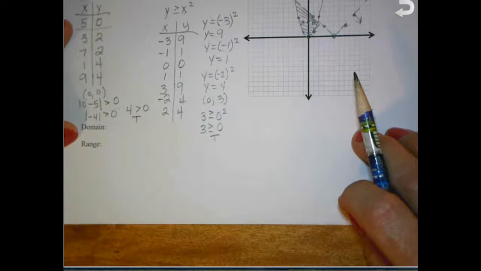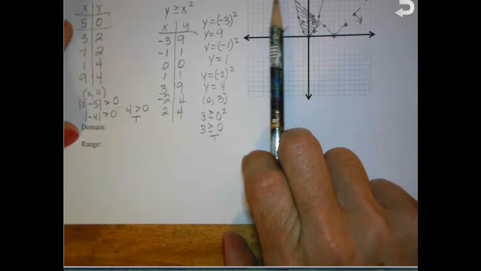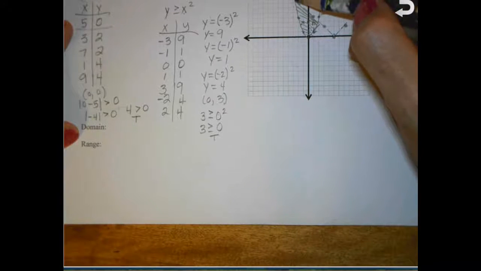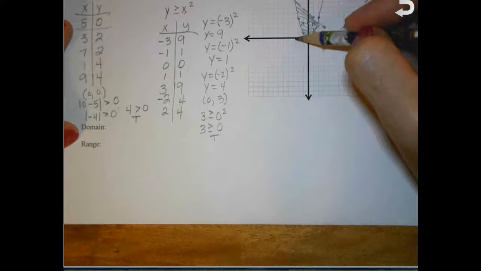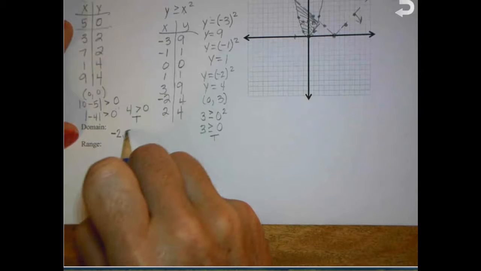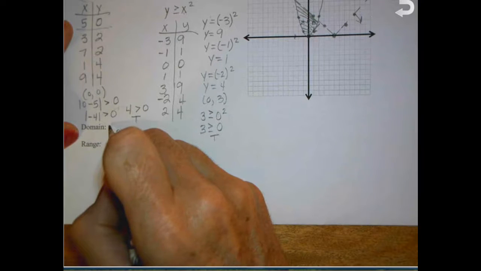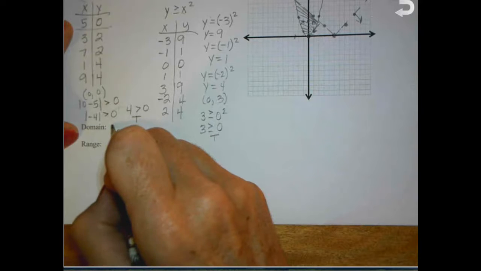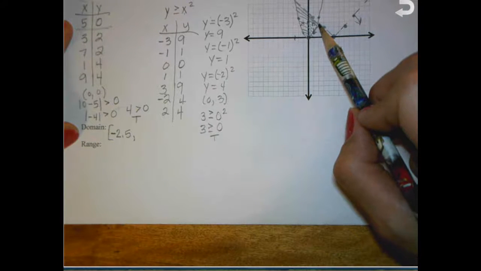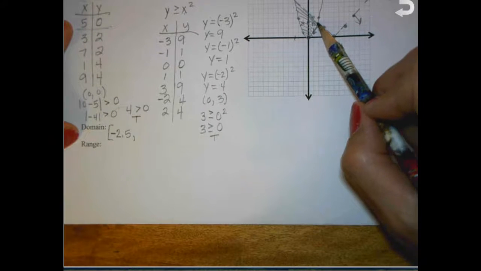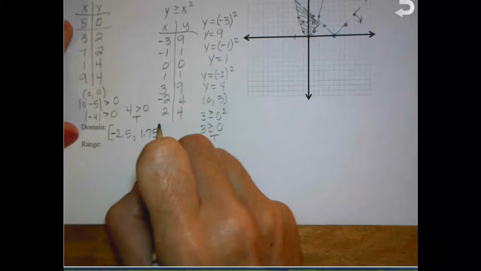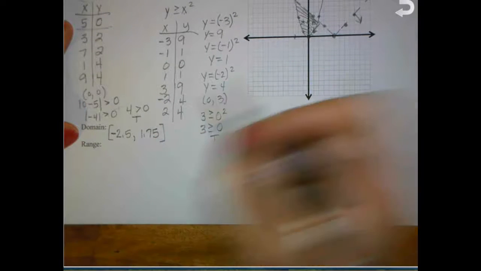And the domain then is going to be values from here. This one's going to be a little bit tricky, so we're going to call this 1, 2, negative 2.5. And it's included because this is a solid line, and all the way over to, it's not quite a 2, we'll call it 1 3/4. This sometimes you have to kind of guess, and that one is also included,